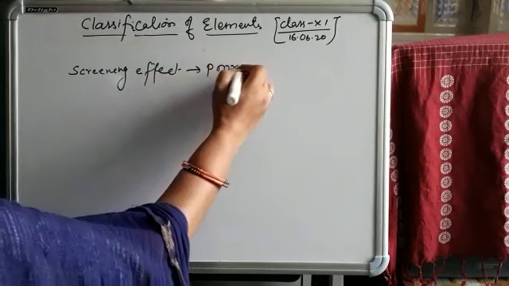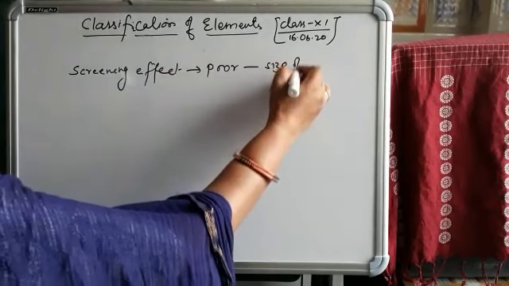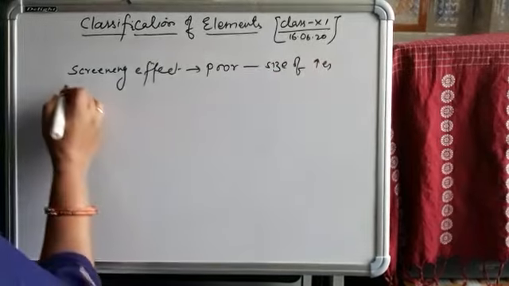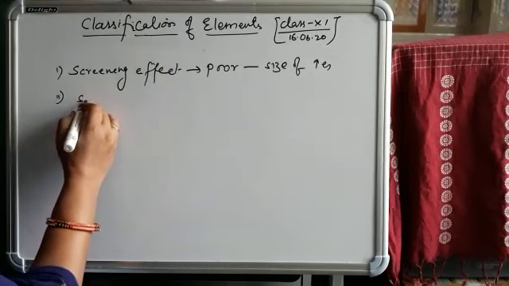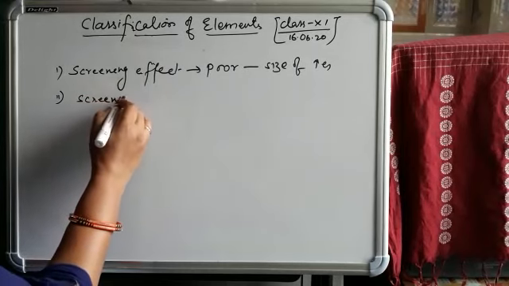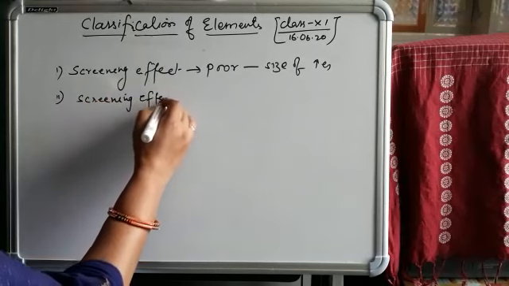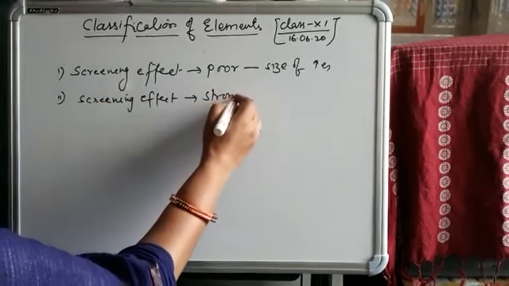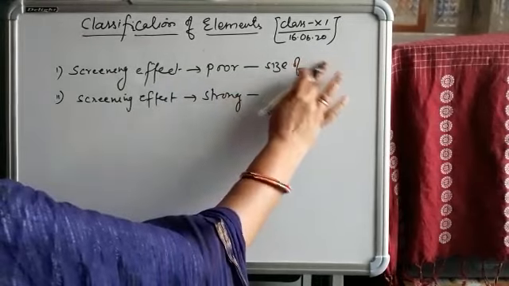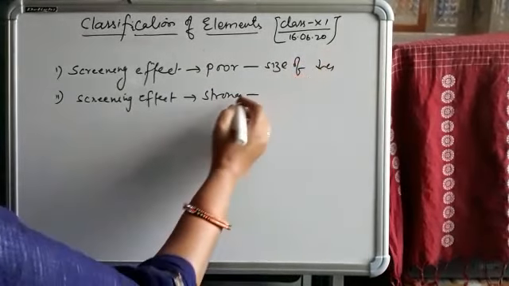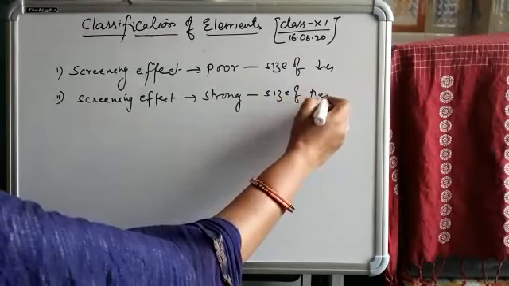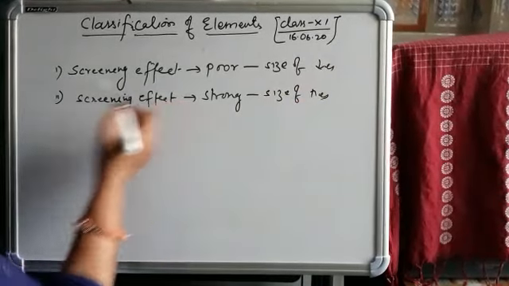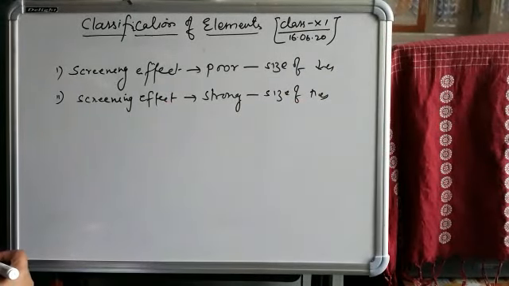is poor, the size of atom increases. When the screening effect is strong, the size of atom decreases. So I think you have well understood about the shielding effect or screening effect and what is the impact of